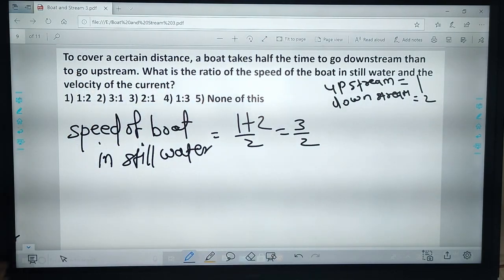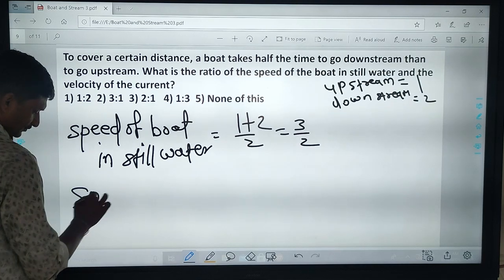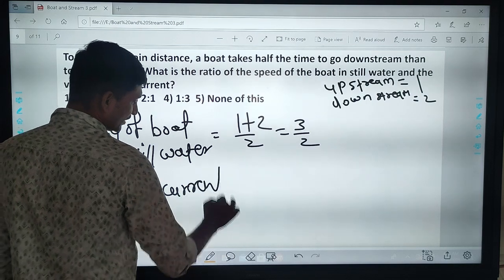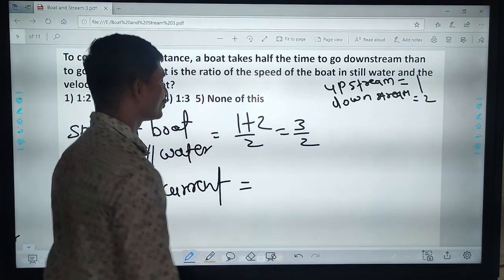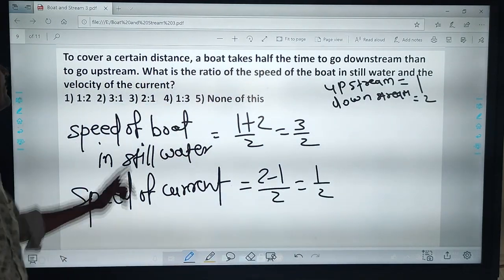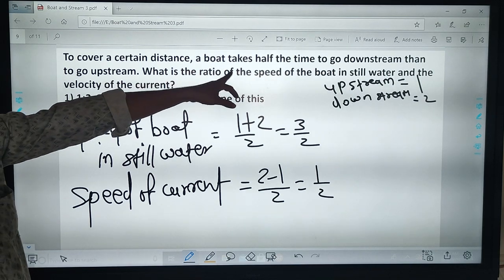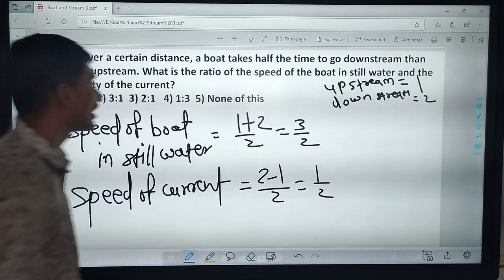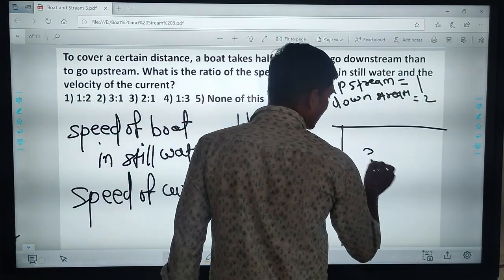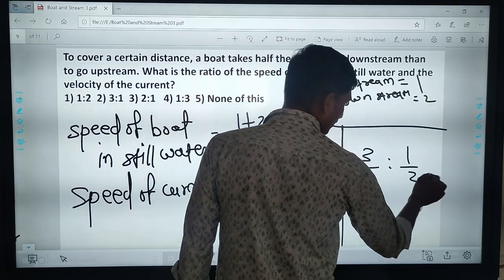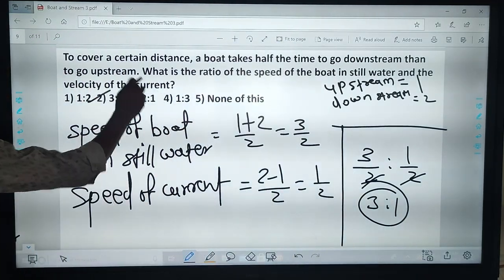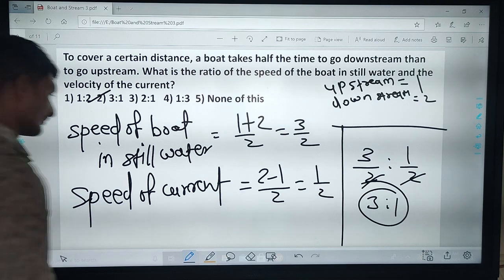Then the speed of the current is the subtraction of these two divided by 2, that is 1/2. The ratio of the speed of the boat in still water to the speed of current, the 2 gets cancelled, is 3:1. Then your answer is 3:1. Now next,